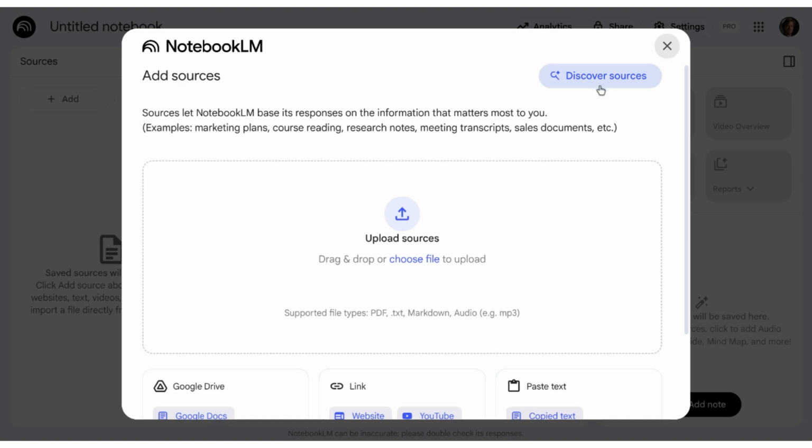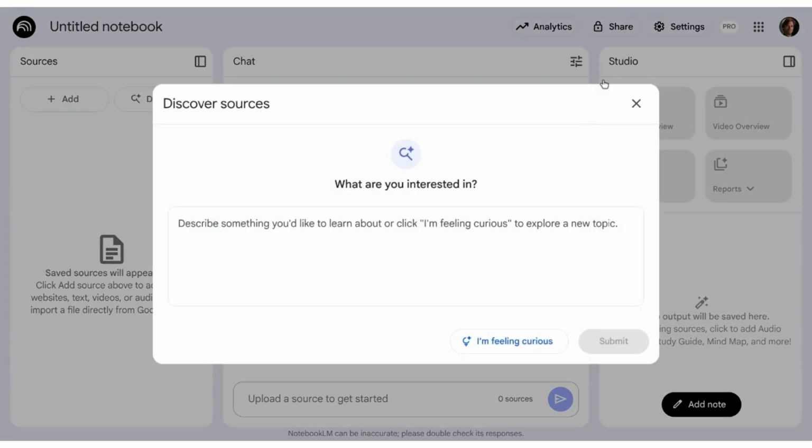Or up here in the upper right, if you are not really in possession of any sources on a specific topic, you can actually tell NotebookLM to discover sources. So if I click on that, you'll be able to click on either I'm Feeling Curious, just making a generic notebook, or if you have a topic in mind, but you're not really sure what it is you're looking for, you can just type in what you want the notebook to be about, and NotebookLM will scour the internet